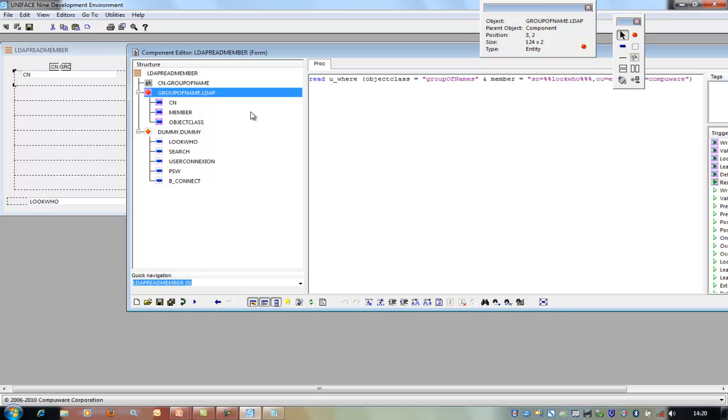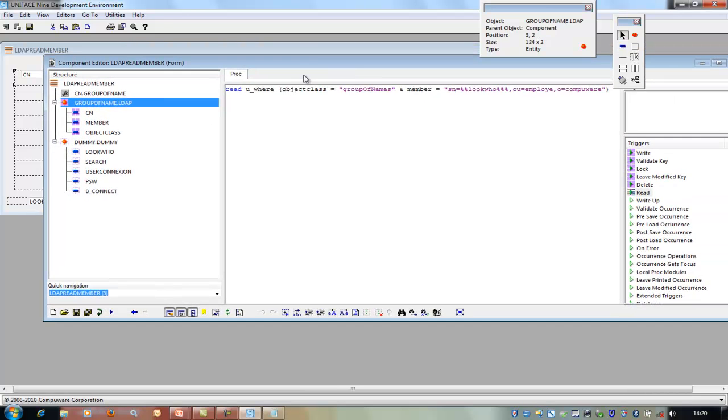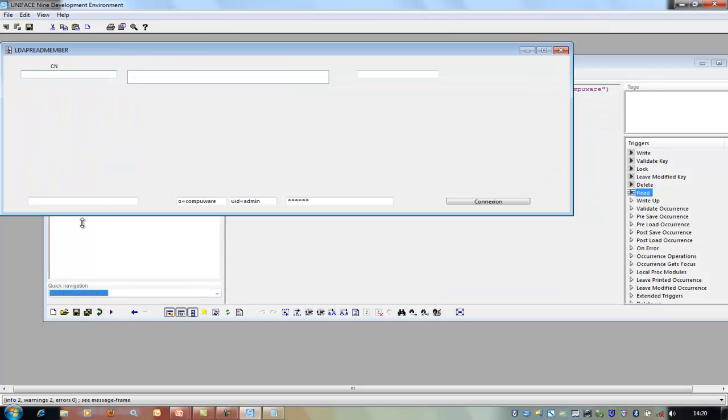In group of name, I also have the object class, and then I had member as being equal to is in, all that stuff. I said I would like to sketch back information